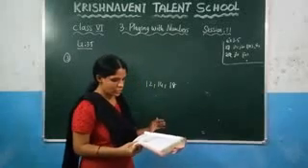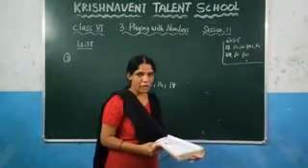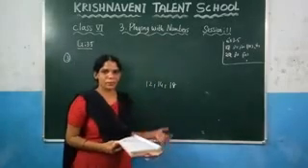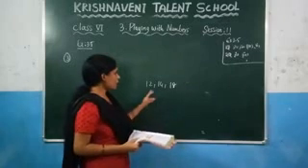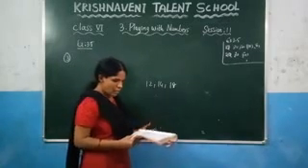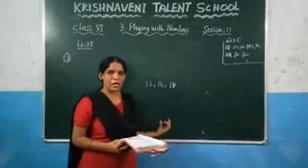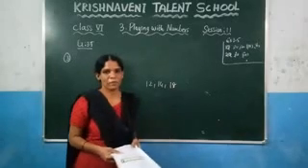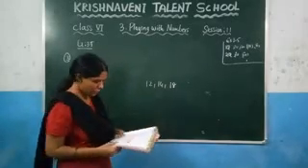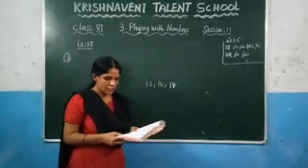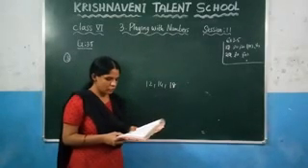And after that, what they asked here is which one added to 5. That means if you take the LCM of these three numbers and subtract 5 from that value, the result is exactly divisible by those numbers. So this is the problem they have given: find the smallest number which when added to 5 is exactly divisible by 12, 14 and 18.